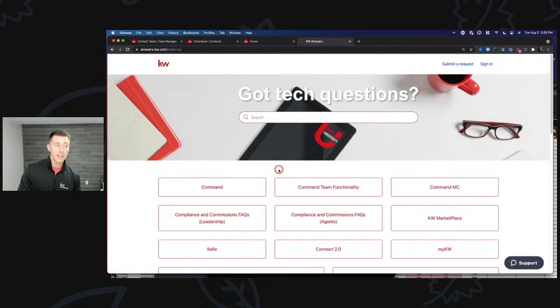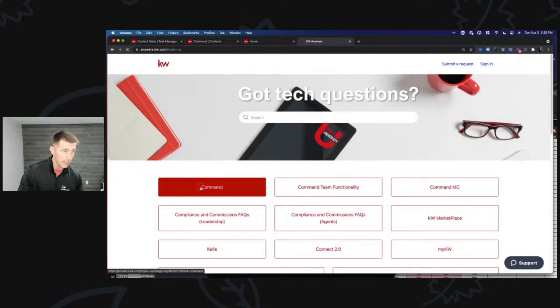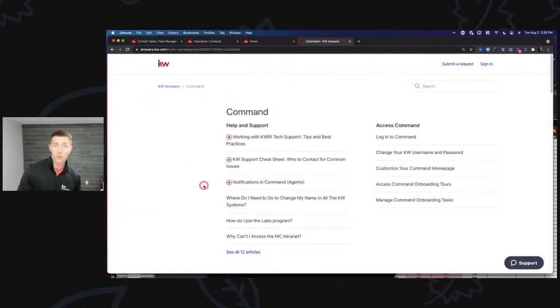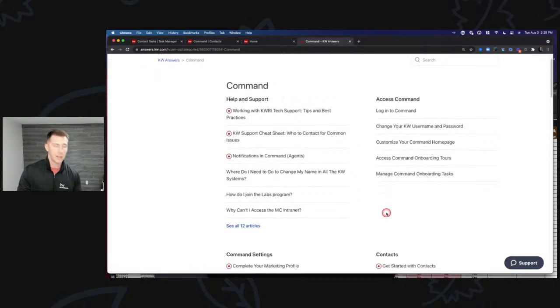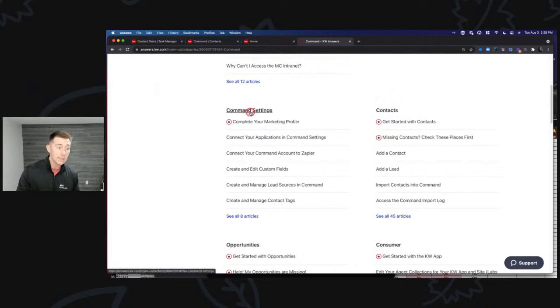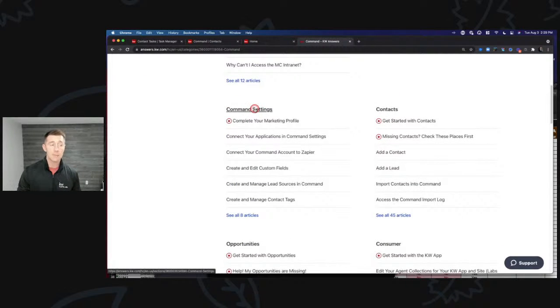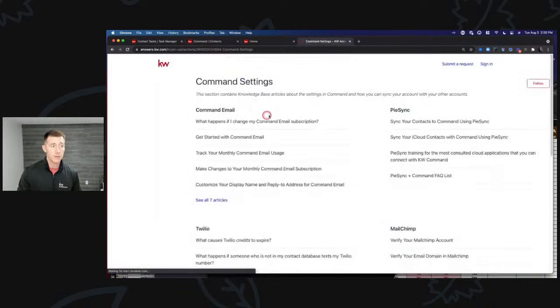You can also find by category. It's also categorical. So if I look here and I click on Command, which is the primary one you're looking at as an agent, you've got categories here. Help and support: what are the best tips and practices on finding support? Also accessing Command. We have contacts, Command settings. I would definitely spend some time here in Command settings. If you click this header here, if you had other questions about